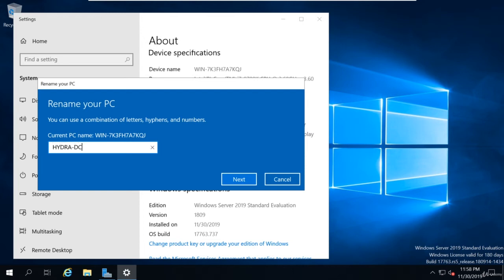So for this, I'm just going to name this Hydra-DC. Now my theme is going to be a Marvel theme. I kind of like Marvel comics type stuff, so I'm going to make this a Marvel themed domain controller. You can make this whatever you want, so you can just make this my domain controller if you want, but I'm just putting in here Hydra-DC, and then I'm going to say next,